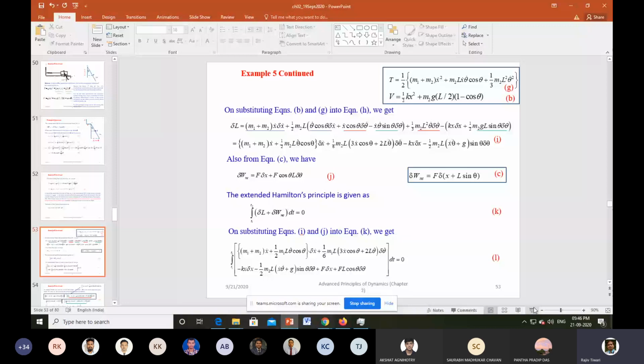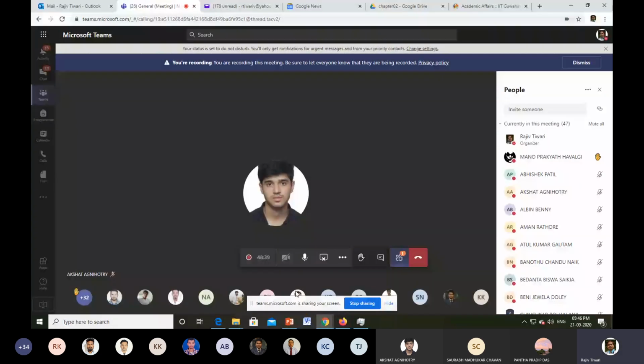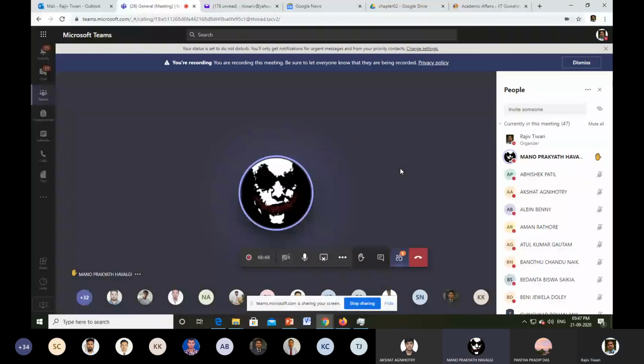Any other question? One more student was raising the hand. Sir, Mano. Good evening, sir. Am I audible? Yes. Sir, after we derive the system of equations for any multi-degree of freedom system, how do we cross-check that the equations we are getting are correct? After applying Hamilton's principle and deriving our final equation, how do we know that we have taken the correct considerations and derived the correct equation for the particular motion that is happening? The best way is you derive by two different methods and check.